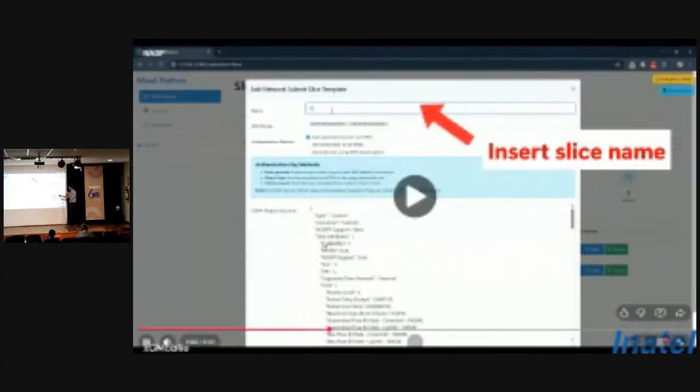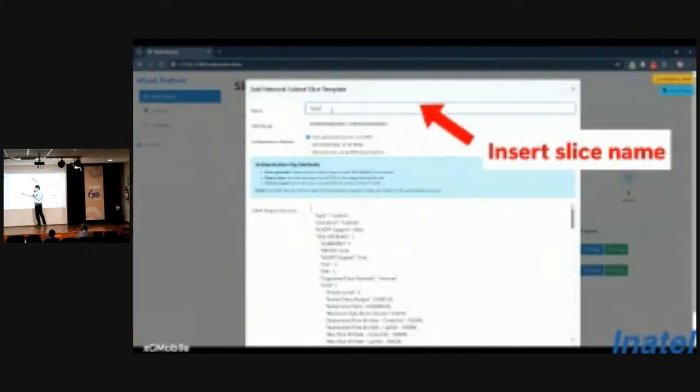Well, it's important to show this is a GSMA request structure. It's a specific request for the GSMA. It's different for the CAMARA project. For the CAMARA project it's the same language, but the infrastructure is different. For example, I'm using the platform considering the CAMARA project.